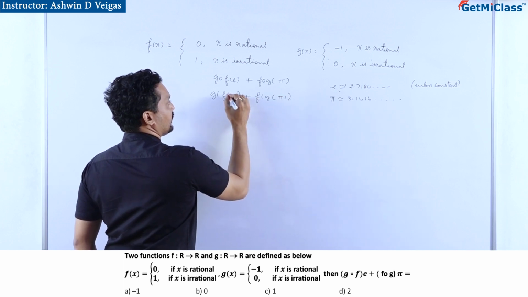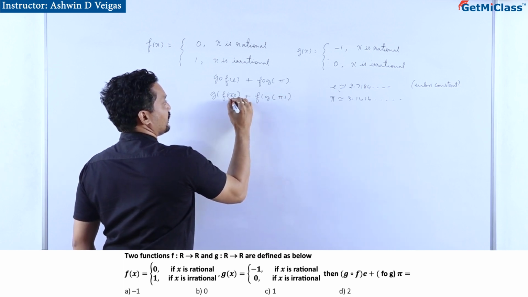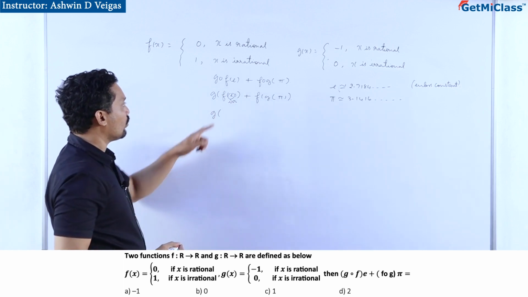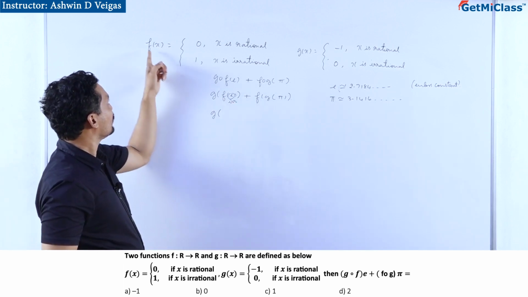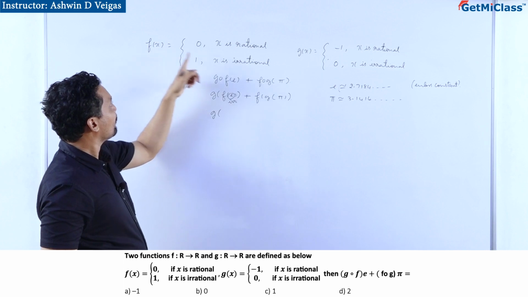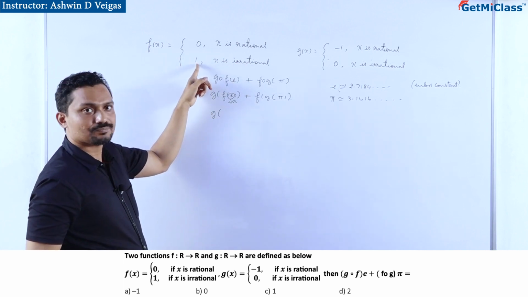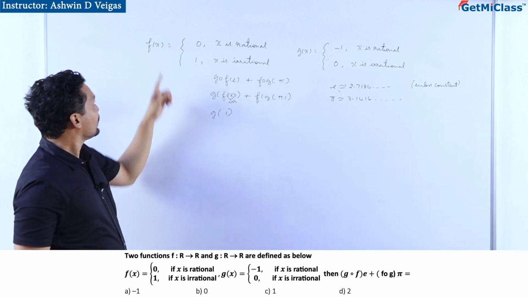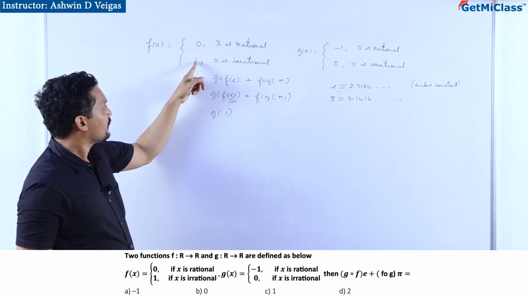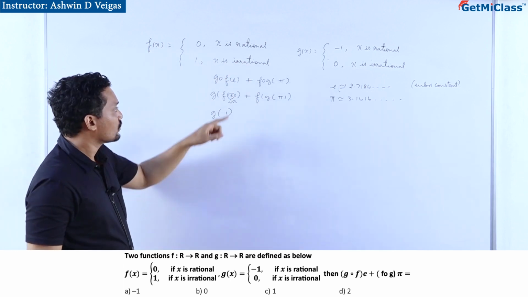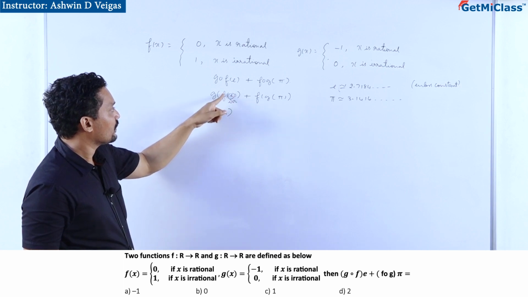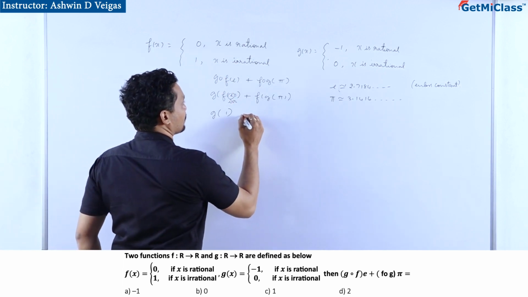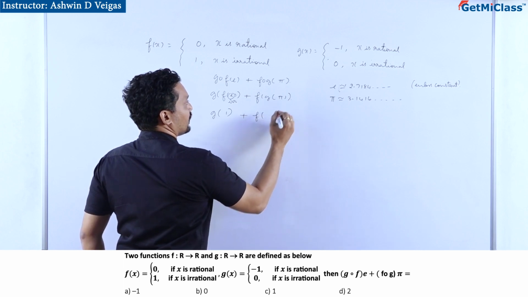Now note that E is an irrational number. So this is g of, what is f of irrational? Now look at f. F of an irrational number is 1. See, f of x is 1 if x is irrational. So suppose this is an irrational number, f of an irrational number is 1, plus this is f of pi,